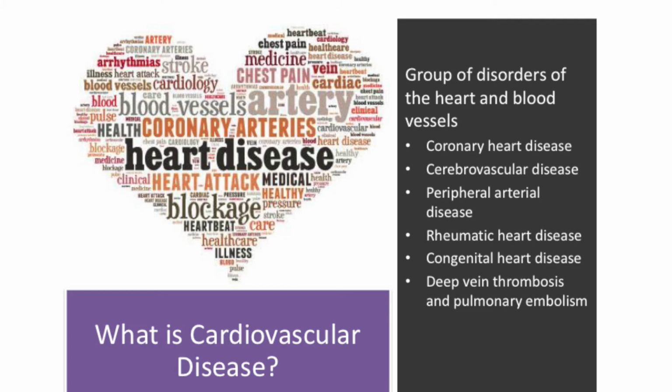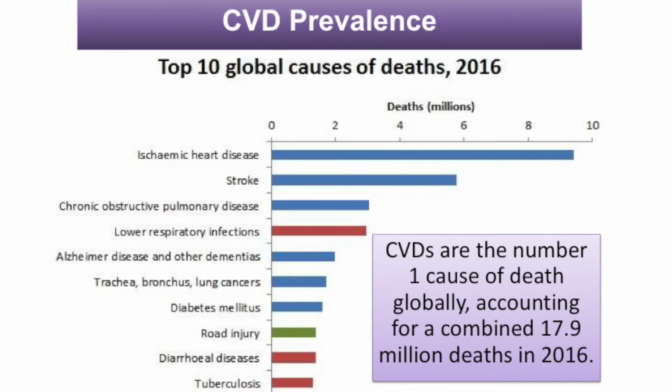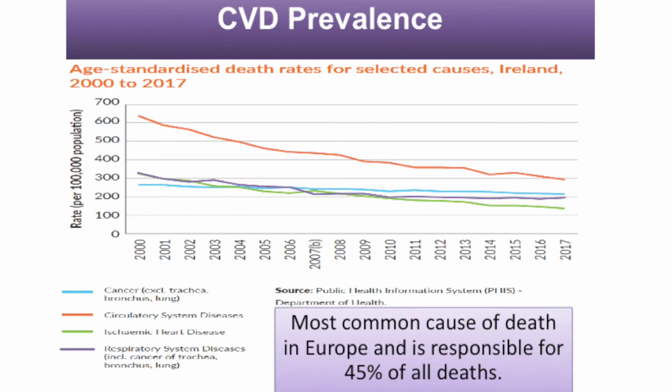So why is it really important that we look at this? Well, firstly, it's one of the top 10 global causes of death in 2016, so when the last statistics that we have. So if we look at this table here, we can see ischemic heart disease and stroke is one of the major amounts of death, and globally it accounts for 17.9 million deaths, so a large proportion. If we look closer to home, so if we look at Ireland, in Europe particularly it's 45% of all deaths,